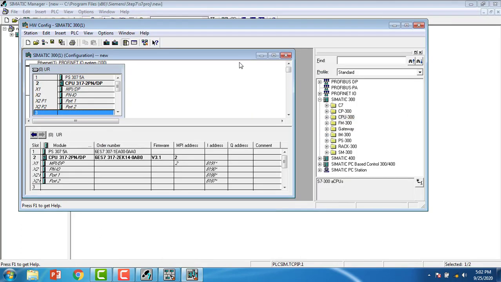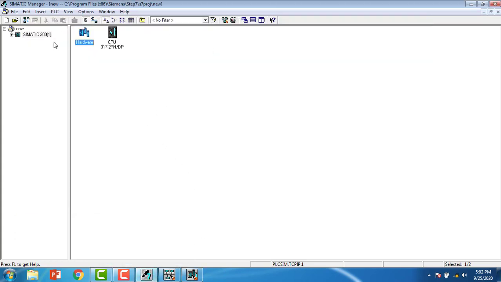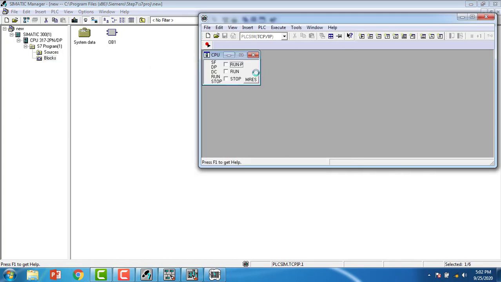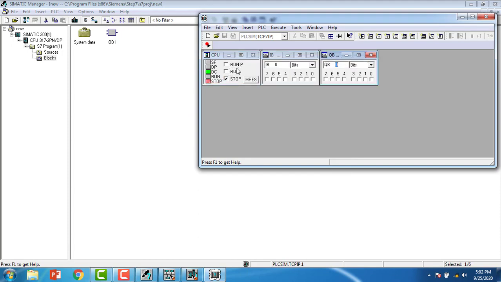Then I have to turn on the simulation first because I'm not connecting the PLC. By clicking here, opening S7 program blocks, I have the OB1 block. This is my programming block. Here I can see the simulation on or off. First turn on the simulation. There comes the new simulation window. Here is my new simulation window. I can start or stop or run the PLC, whichever I want.